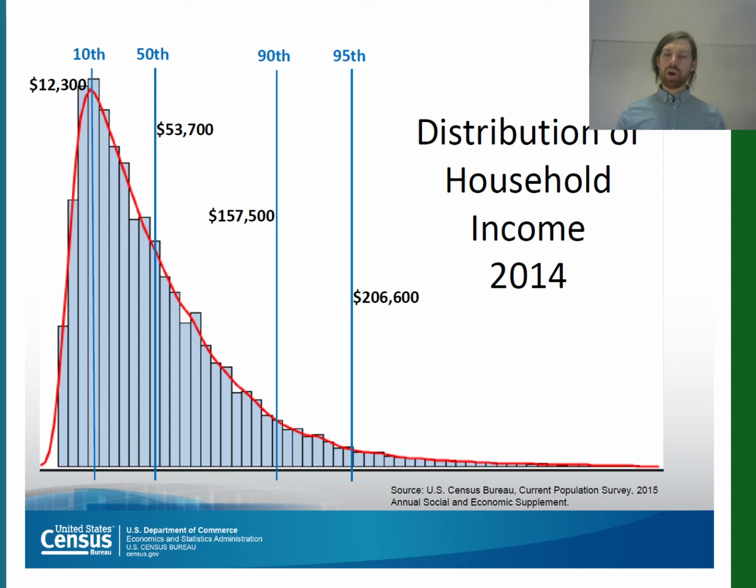And when I think about distribution, one of the things that I want us to think about is the distribution of household incomes, for example, because that enables us to relate it to something meaningful for us. Okay, so here we've got a good example of a distribution that's heavily skewed. It's positively skewed, so the distribution of values is skewing all the way to the right-hand side here, increasing in size. But it gives us some good understanding for why some metrics might be better than others at describing the